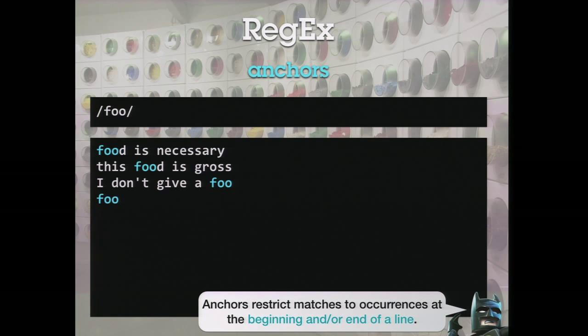If you know the thing you're looking for occurs at the beginning or the end of the line, and you want to filter out from multiple matches, then you use anchors. A caret in front of the search expression will find occurrences at the beginning of a line. A $ sign at the end of your expression will match occurrences at the end of a line. Use both around it, it'll find occurrences that are all by themselves on a line.